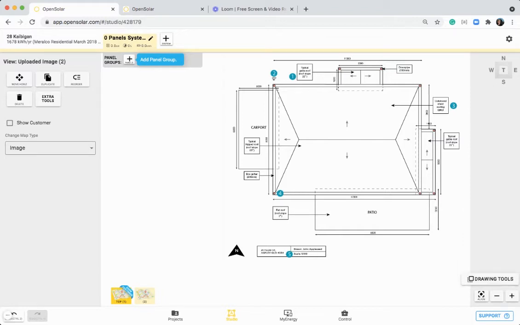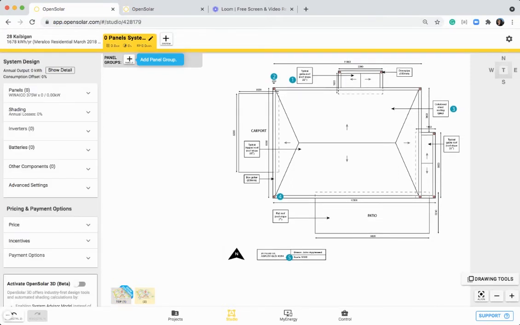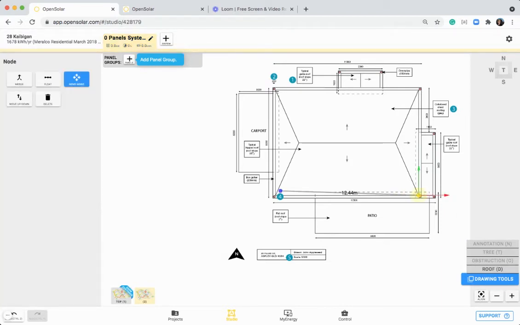Now, once we've done that, we could again, if we want to, draw out the roof line and so on. First thing we need to do though is just make sure that this is to scale properly. And to do that, you just click on Drawing Tools, click on Roof, and then take this point, and we just want to draw out a line along here to get the correct measurement. So if you can see this little number in here, it says 12,300, which is 12.3 meters. So I just want to stretch this out until I get to 12.3, which is about there. That's 12.29. So if I just click there, and then I want to hit the Escape key on my keyboard,